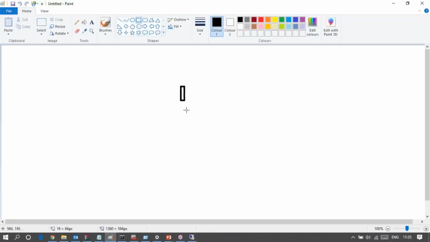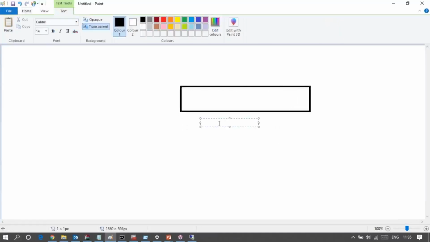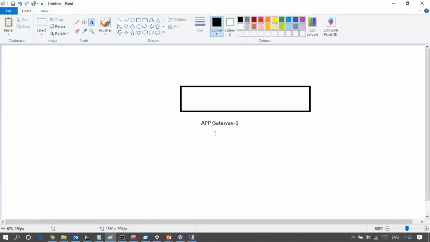If this is my application gateway, let's say app gateway 1, in the front end there is a VIP. VIP is always pointing to the public IP address.